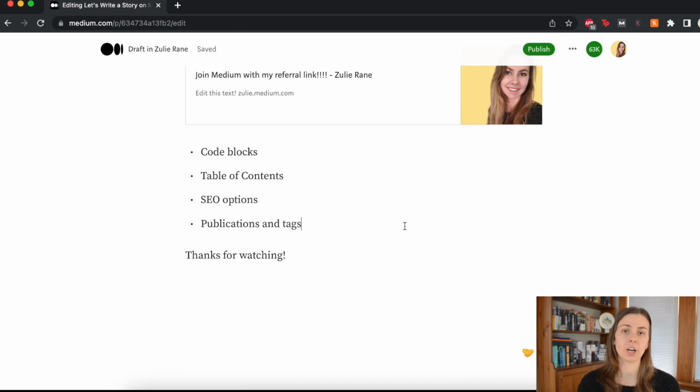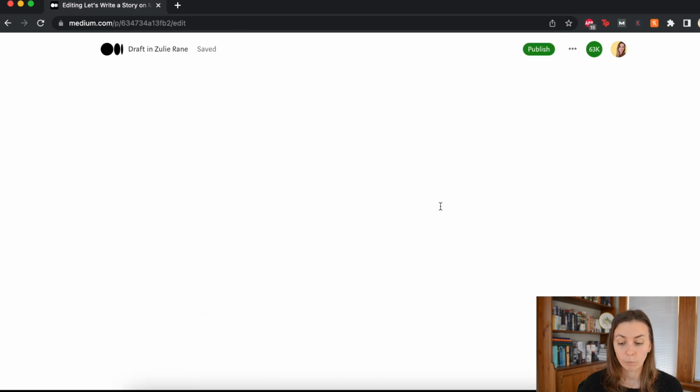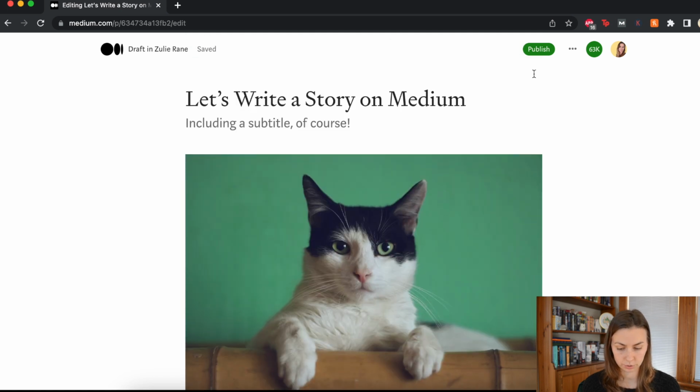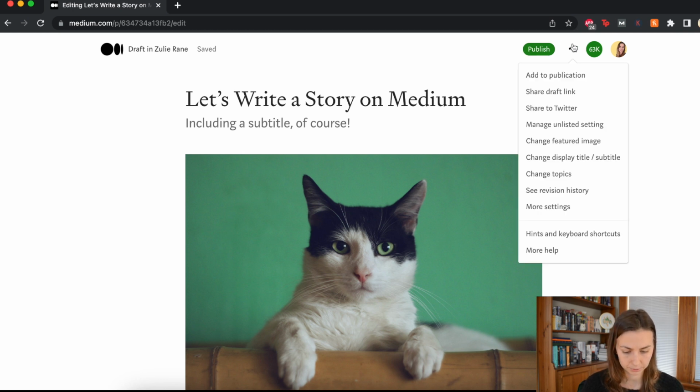I want to end by talking about publications and tags. When you're through editing your gorgeous story on Medium, you will have two options to make sure that it gets seen by the right people, and those are publications and tags. Publications on Medium are like themed collections of stories. So for example,